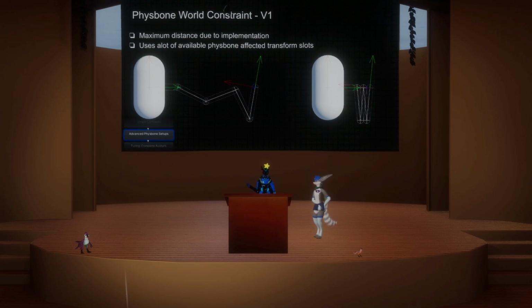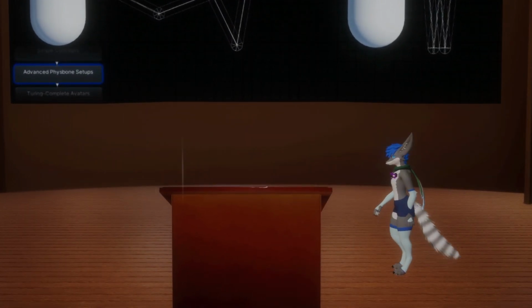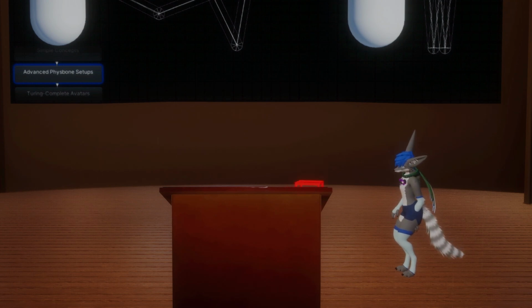The main issue with this is that there's actually a maximum distance, since you need to set an amount of bones. If you go past the total distance of those bones from the world constraint, it'll start following you, and I can actually demonstrate this one. Let me find it in my huge list of avatars. So if I switch into this, the red here is my player, and the blue is the actual world constraint, like solved position. So if I just start moving around here,